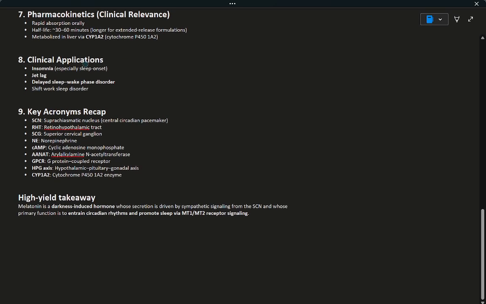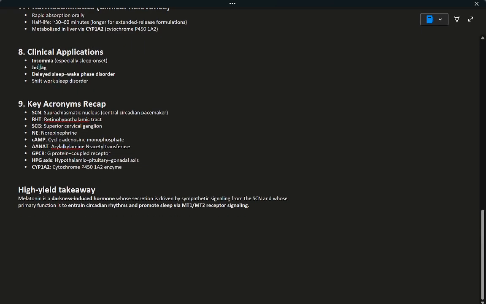And then for clinical applications, melatonin can be utilized for treating insomnia, especially delayed sleep onset. It can also be used to treat jet lag,